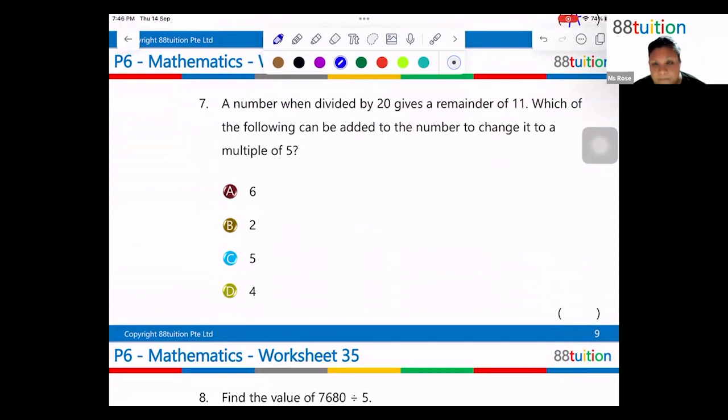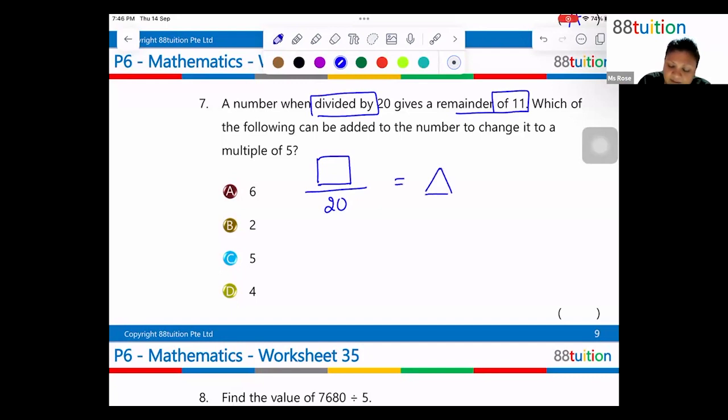A number when divided by 20 gives a remainder of 11. So let's say this is the number. Divided means I can put it as a fraction, divided by 20 gives a remainder of 11. So in this case, remember, I want to find the smallest possible number. Okay, so this will give me a number. And because